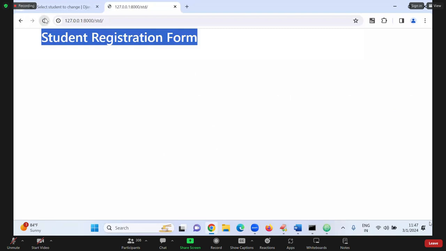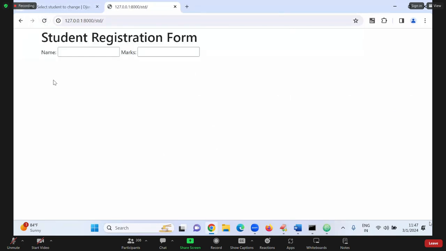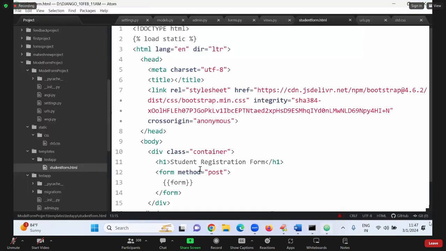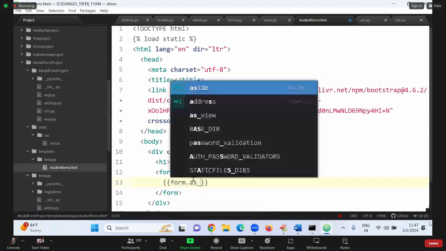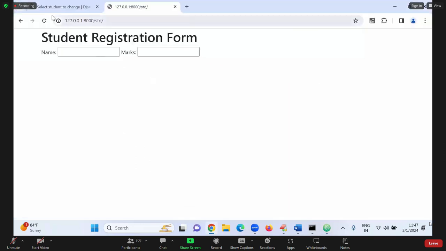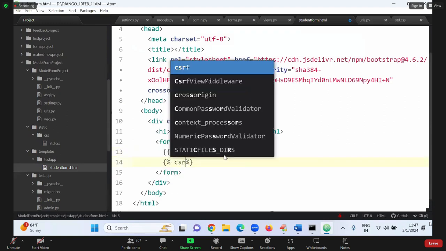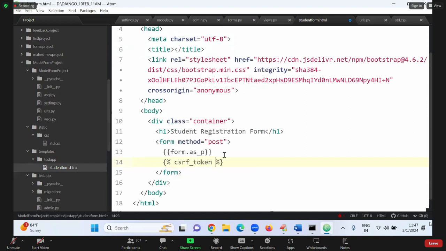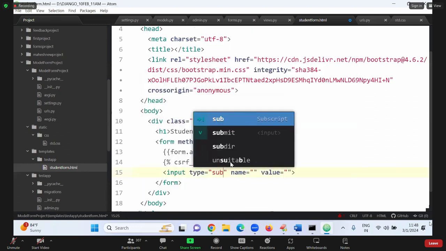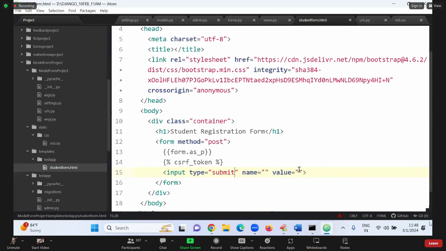Now, refresh. Came. I want it line by line. What we have to do? Dot as underscore p. Come here. Refresh. Now, it is available there. I think one thing is required. What is it? Percentage CSRF underscore token. One button I can require, sir. Input type equal to submit. I have to take the value is